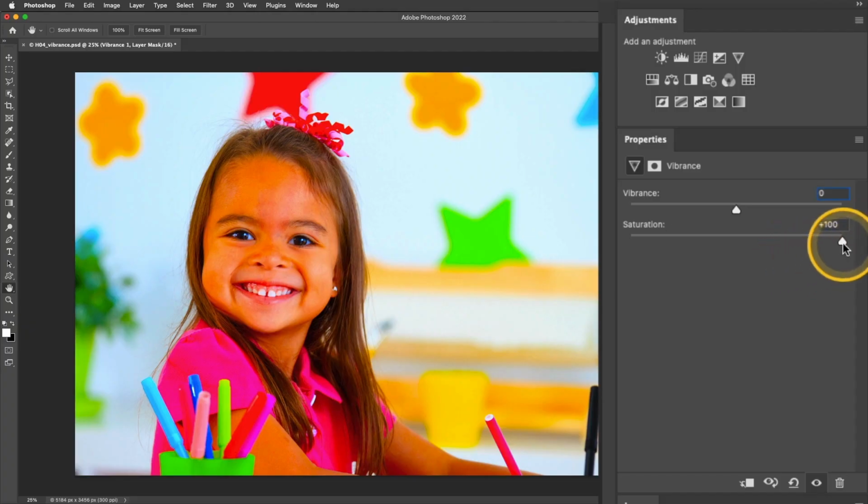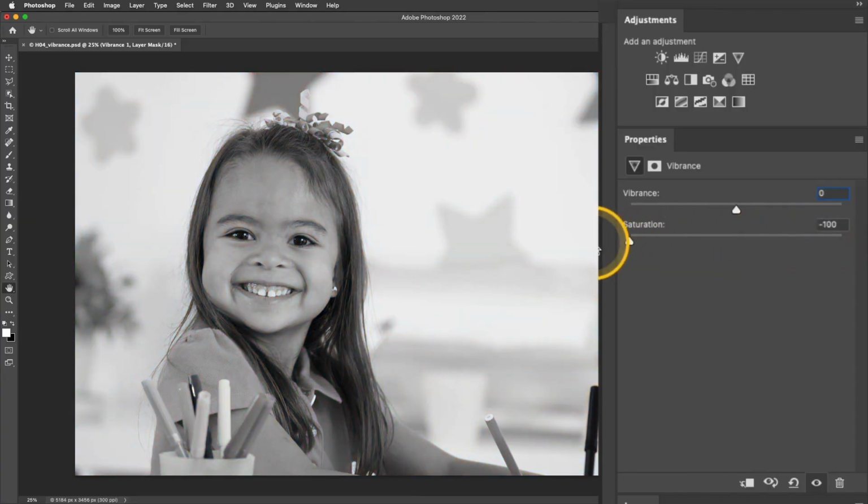If I were to take this slider and move it all the way to the left, this actually does desaturate the photo, so it really is kind of affecting all colors equally. I'm going to go ahead and reset this, and to give you a better idea of the difference between these two,